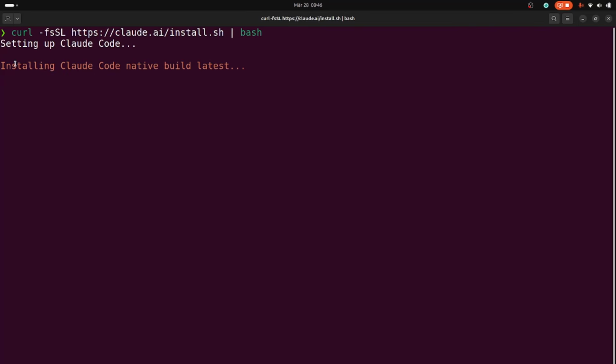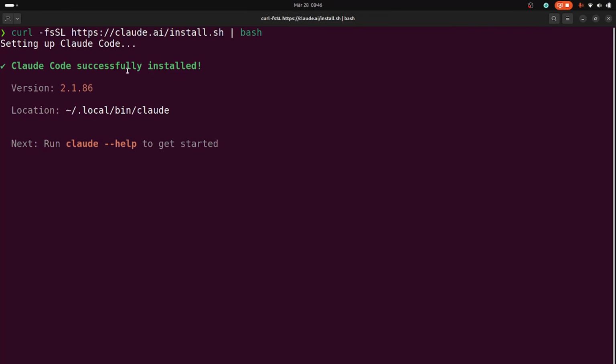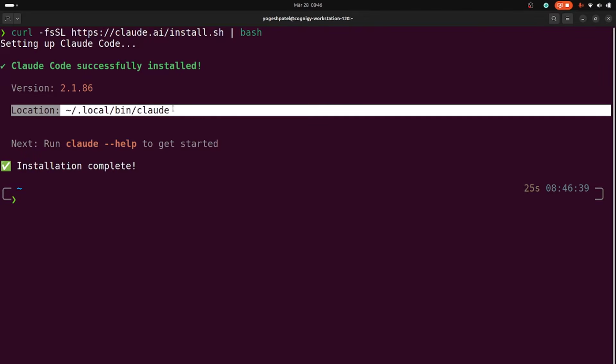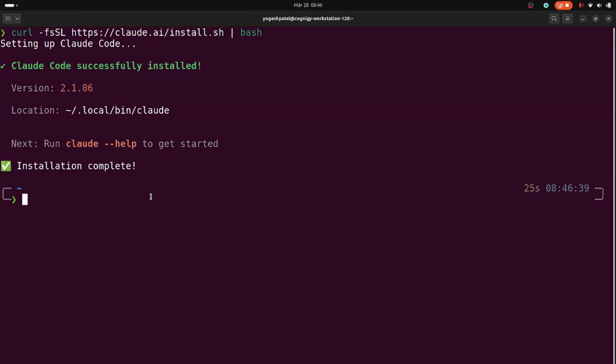You can see it's saying installing Claude Code native build latest, and now we can see this message which is Claude Code successfully installed, the version of Claude Code and the location where it's installed. Once Claude Code is installed, you can start using it with this command, which is claude. So let's use this